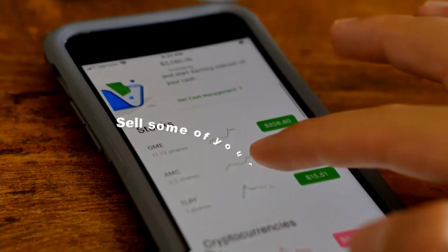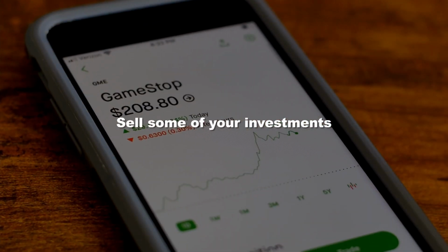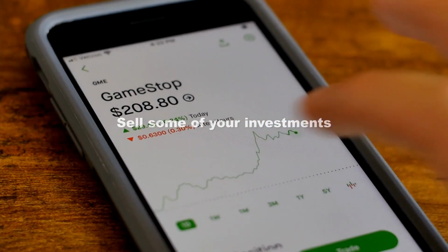So this is something that you want to talk with your company about and see if you can actually apply this towards a down payment, and the chances of it being able to do that is very, very strong. If you don't have a retirement plan, obviously this is not going to apply to you, but if you're big into investing and you have investments in the stock market, or you have any types of currency, crypto, or anything like that,